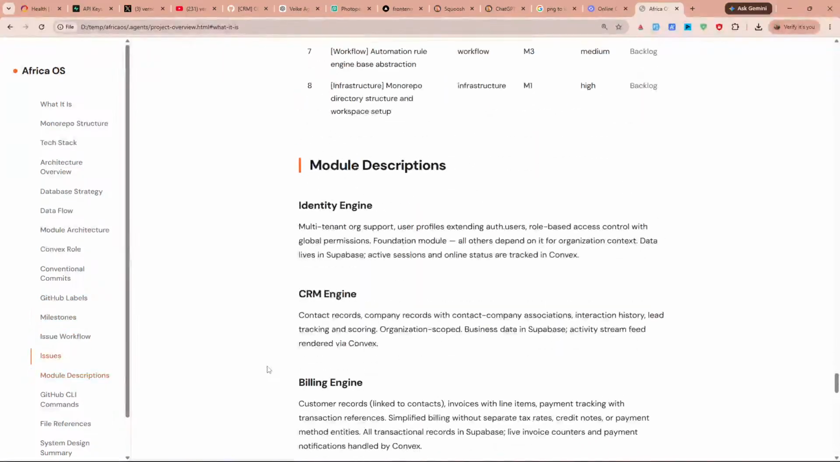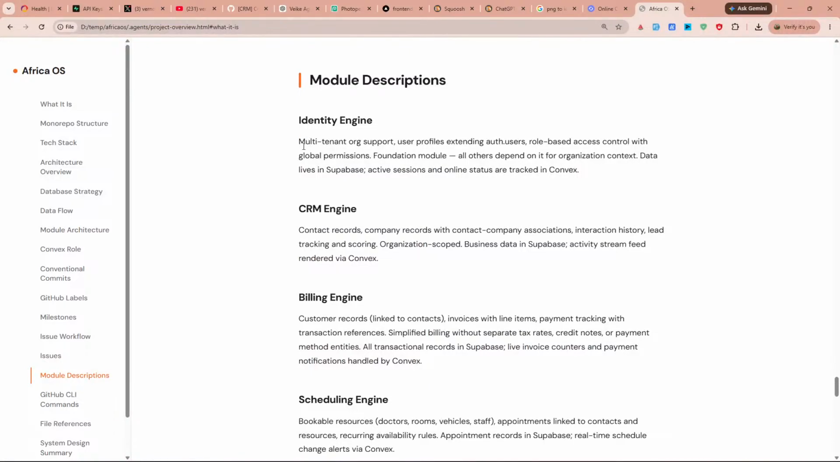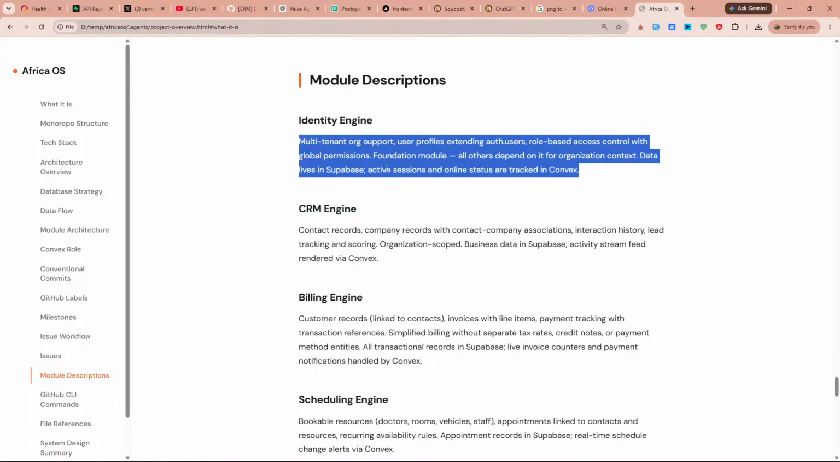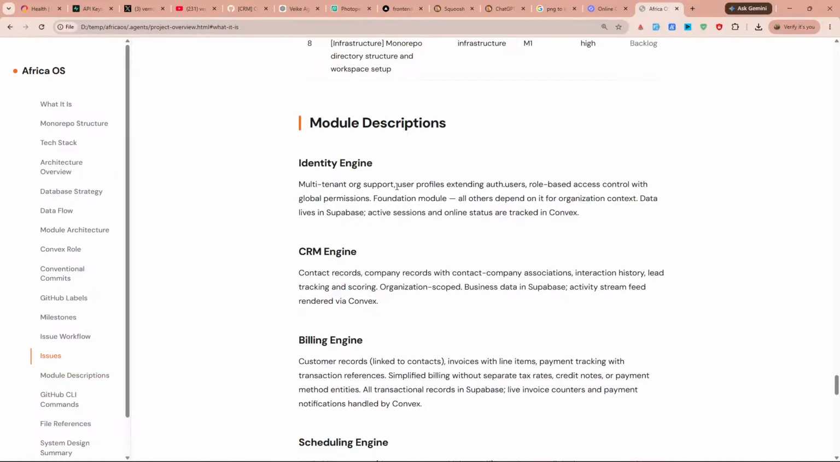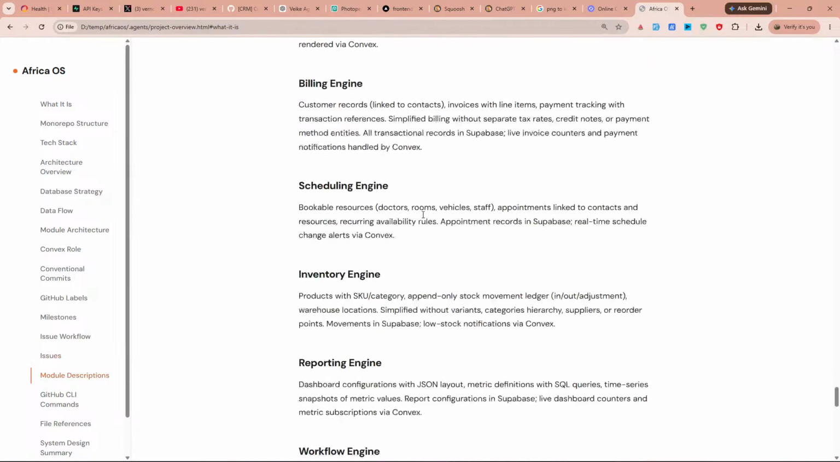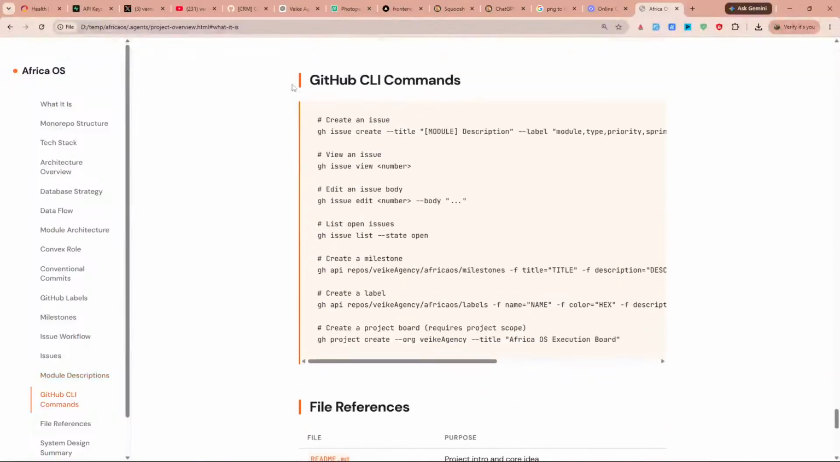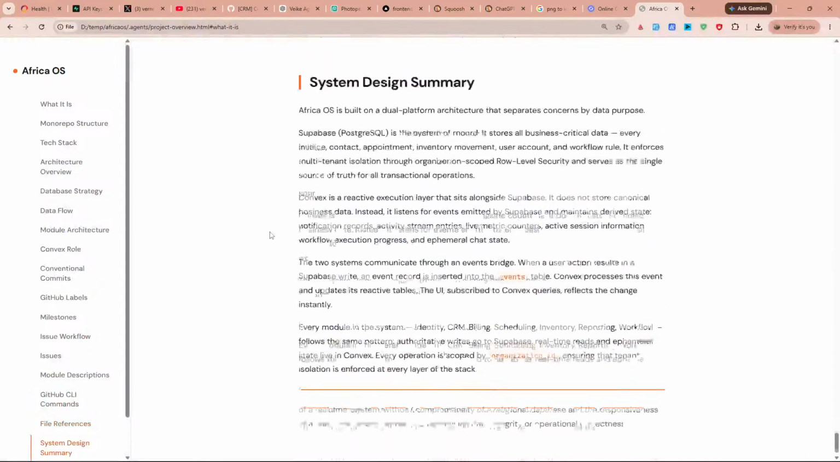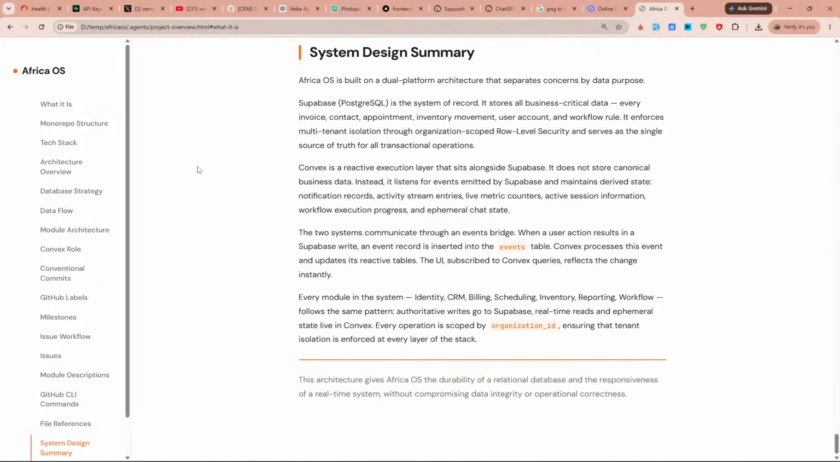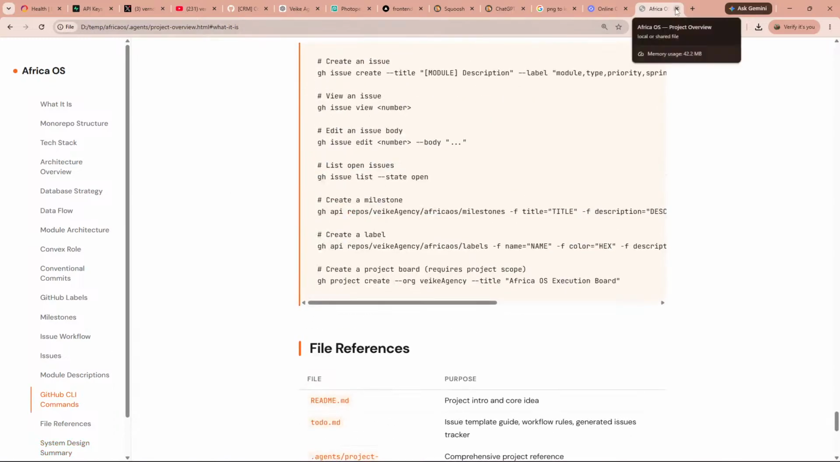So yeah, module description, identity engine. So we're going to start with this one, and this is one that is going to contain the user profiles, extending hosted users, and role-based control with global permissions. This is the foundation module. It lives in the Supabase setup. Then these are the GitHub CLI commands if you have that installed. Then the system design summary. So yeah, this is kind of like the easiest setup for this. I can close that,